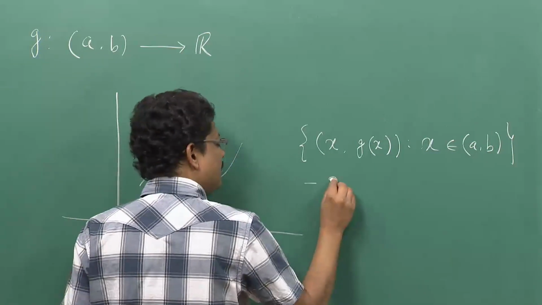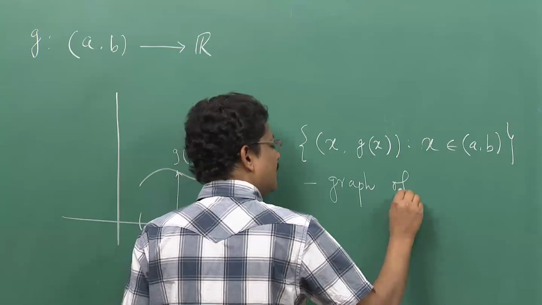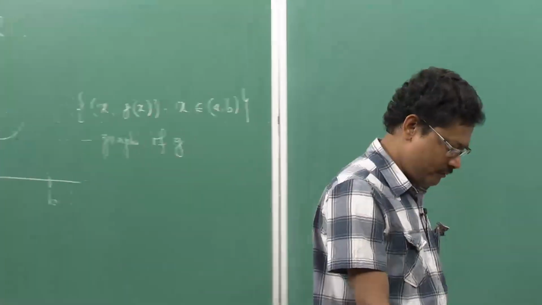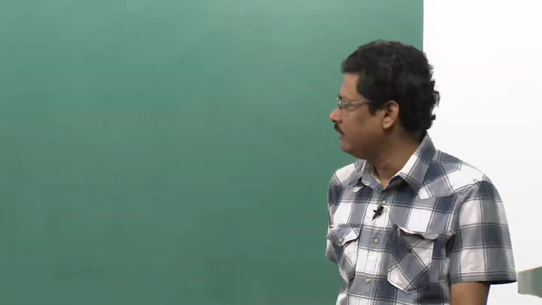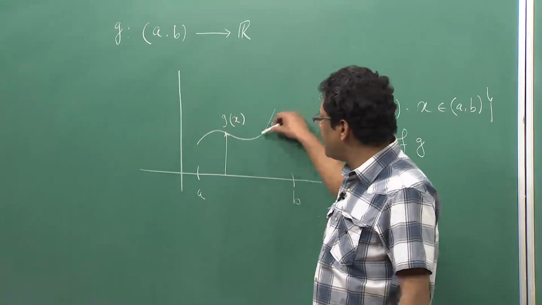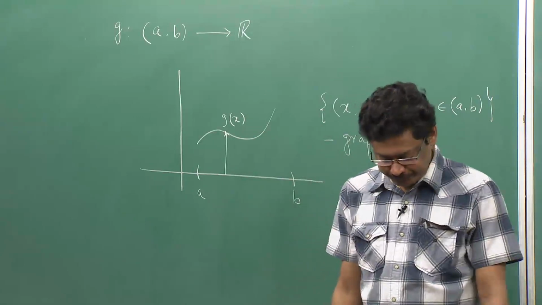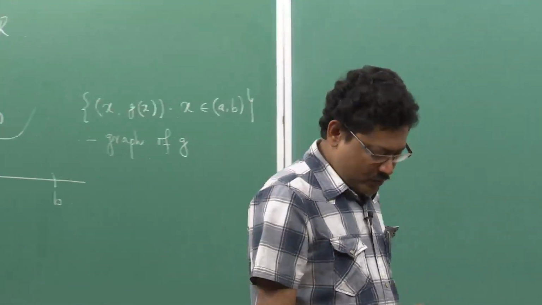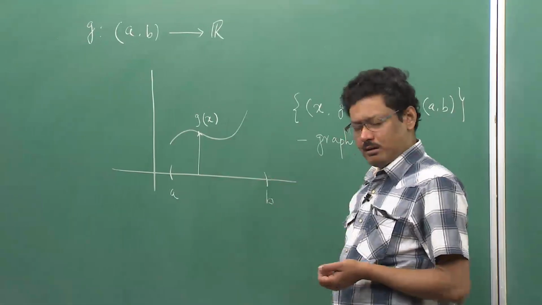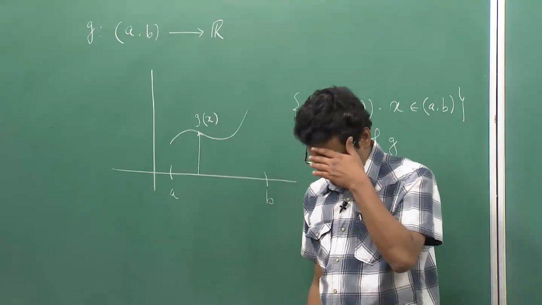and all of you know that such a thing is called the graph of g, and we have been drawing graphs of functions from the first moment we introduced functions. This is the graph of a function g, and if g is nice and smooth, then this graph will be nice in the sense that I can draw a tangent to this curve, I can draw a normal. So, a function gives rise to a graph of a curve in R^2, which is the graph of the function.